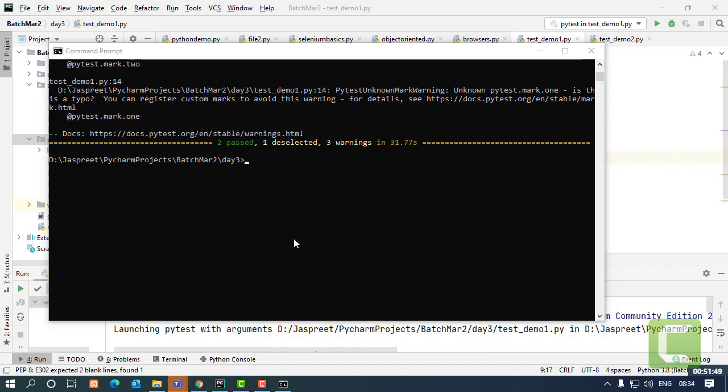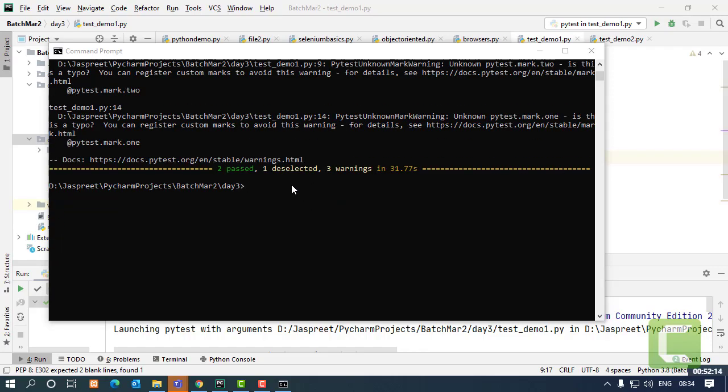It could also be a possibility that there are 10 test cases in one group and 90 test cases in another group, and I want to run the test cases which are not in the first group. Meaning, in the negative scenario, don't run this group's test cases. That kind of thing is going to happen, so that also you can do. You can use the command again.